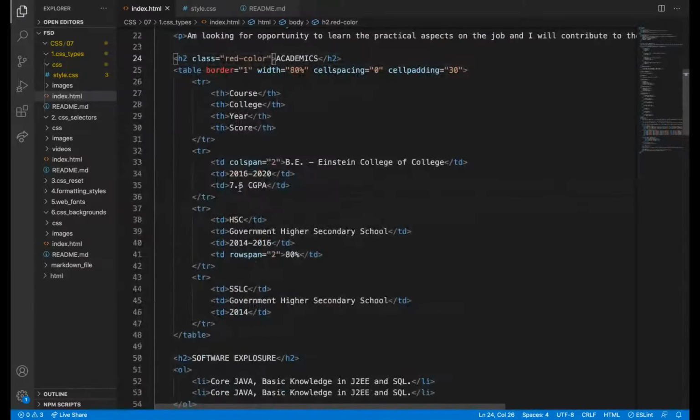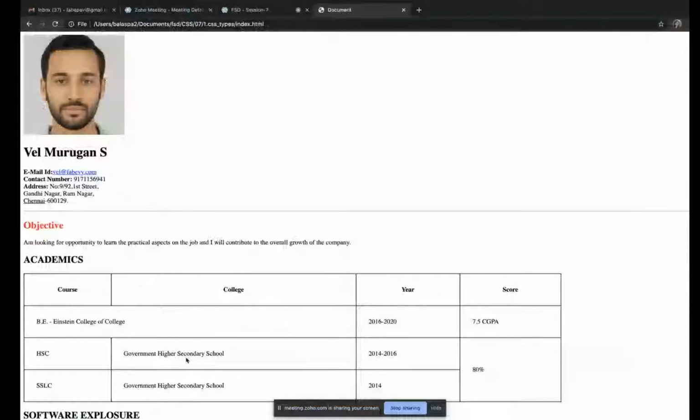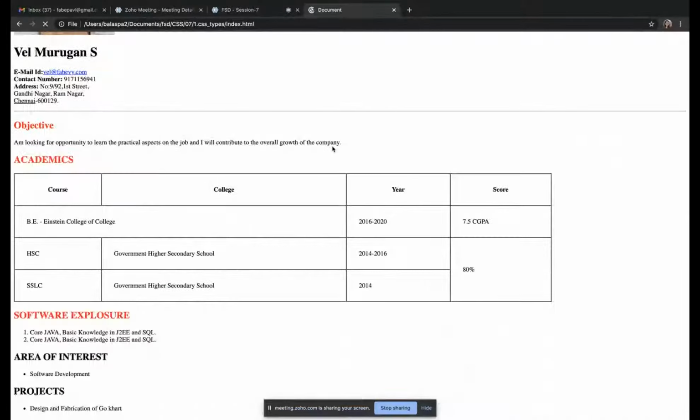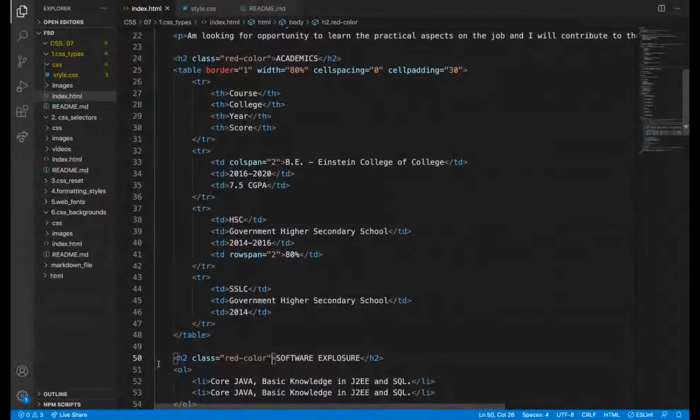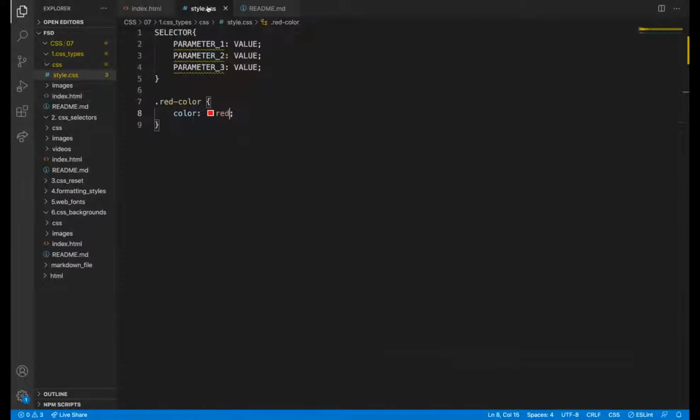But for more than one tag, if any style is needed, we need to add a class, and then we need to give the style. So for the first 3 headings, I need some other color, and for other headings I need some other colors. For more than one tag, if we need the same style, we should not repeat it in the style attribute. Instead, we need to add a class, and then we need to write a style for this. We will use this regularly in all our things, class.